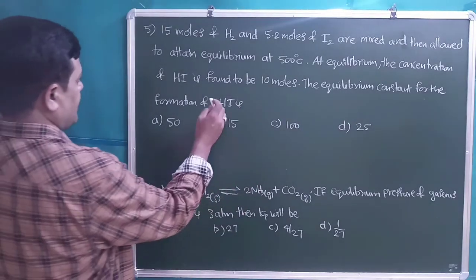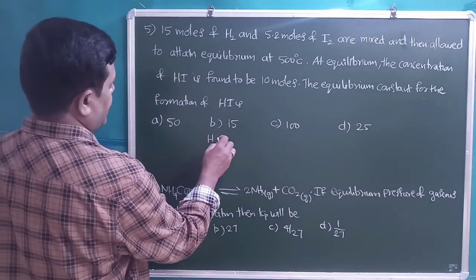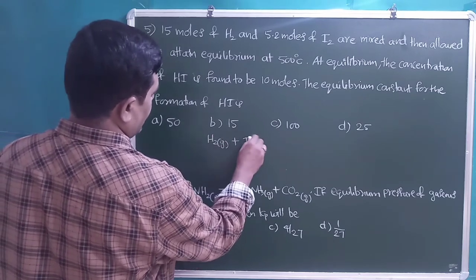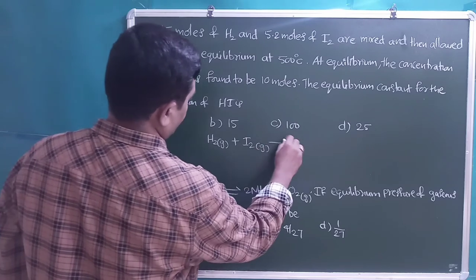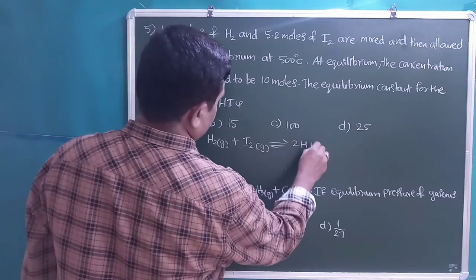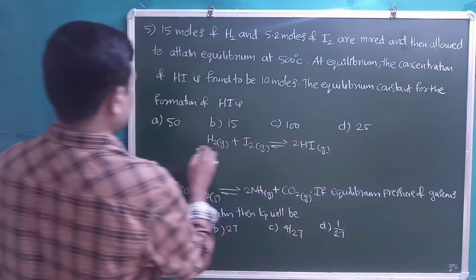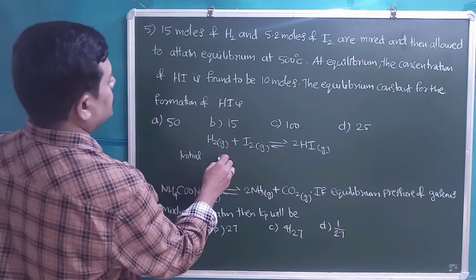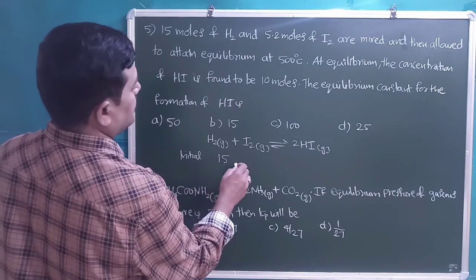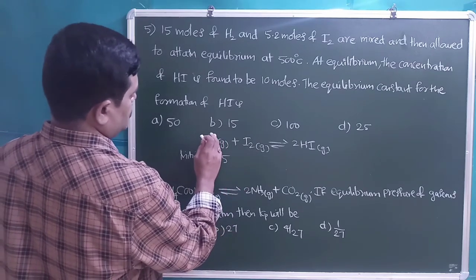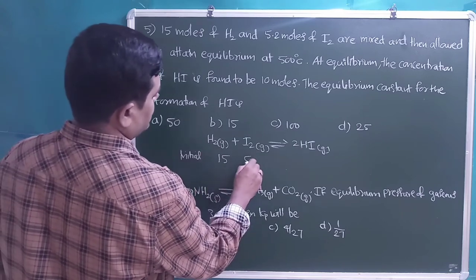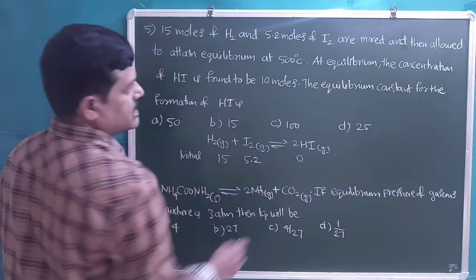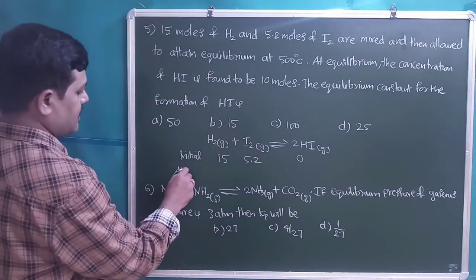Students, first let us write the equation for the reaction. H2 gas plus I2 gas is in equilibrium with 2HI gas. Initially, they have given the initial moles: 15 moles of H2 is present, and 5.2 moles of I2 is present. There is no HI initially present. At equilibrium,